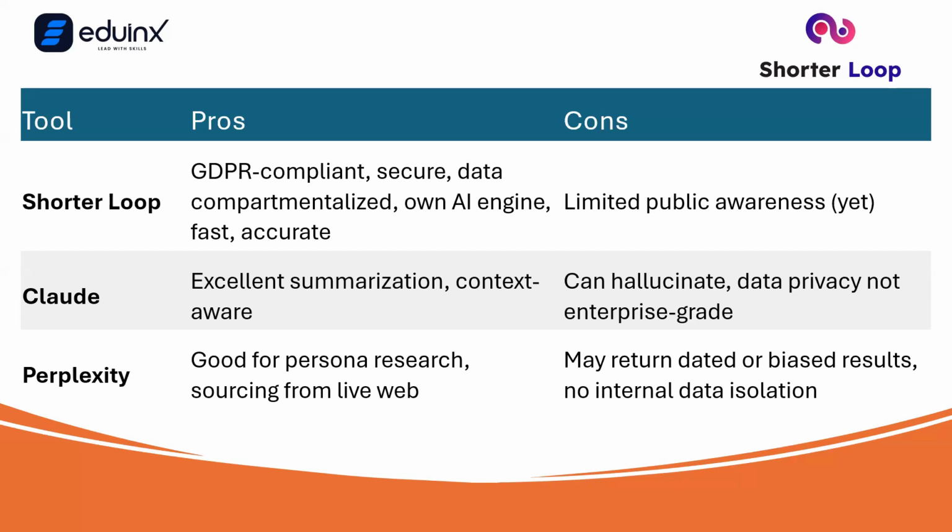First, the pros and cons of these different tools. You will learn Shorter Loop. It's an AI-based product management tool, US-based, with presence in the Netherlands and India, and they are in other countries as well. They are compliant with US regulations, EU GDPR, and India data privacy compliance, even though it has not come out yet, but they work on that.